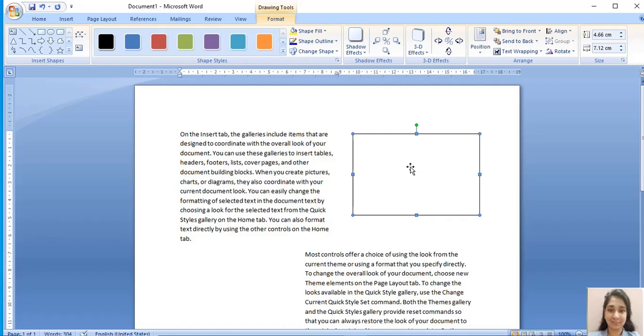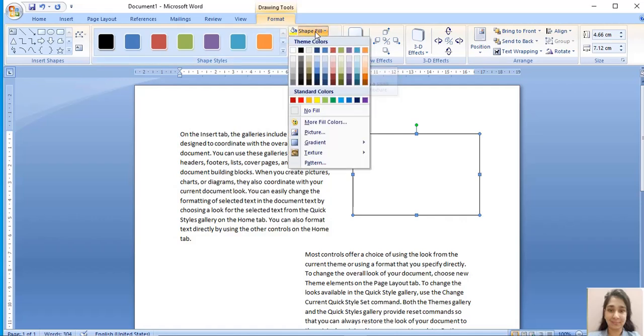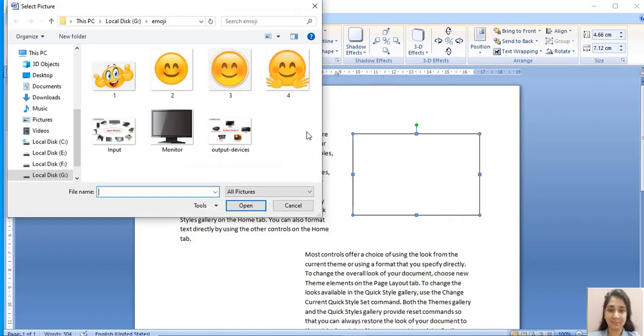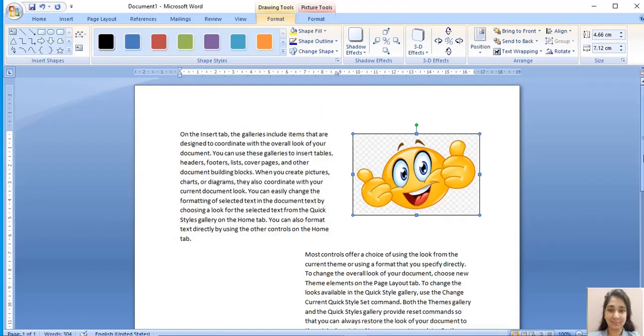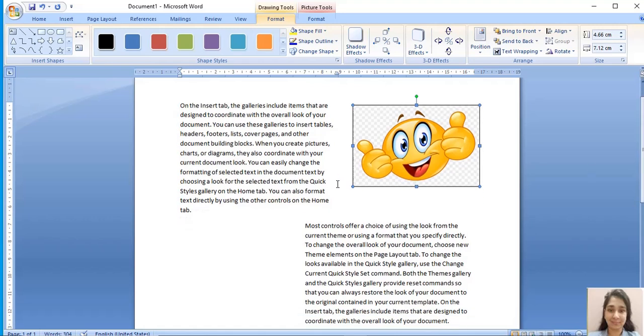So right now I want to insert a picture in this shape. For inserting the picture, what can I do? Go to the Shape Fill option, click on it and go to Picture. Let me use this picture. Double click on it. Now you can see that I have inserted the picture at the right hand side of